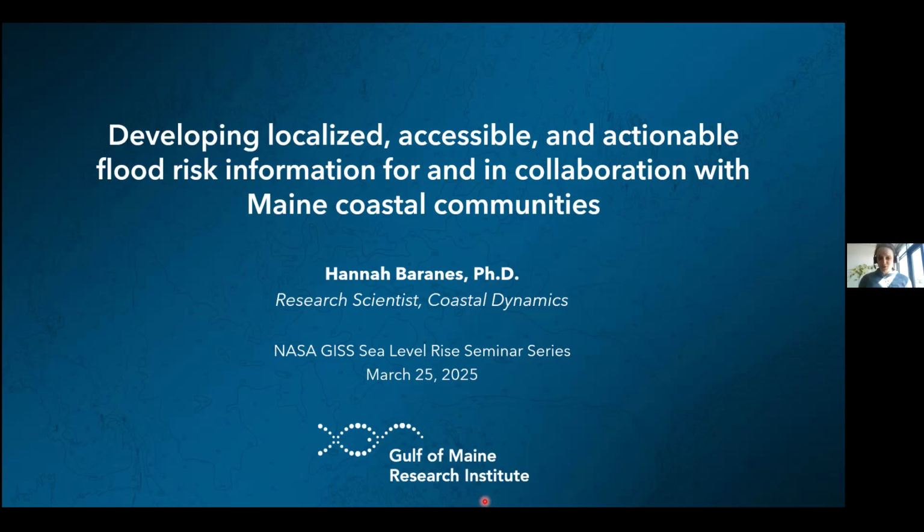This is work I've just been doing for a few years, and it's been a really interesting challenge because, as you all know, we're often working with information that's maybe uncertain, not spatially continuous, and constantly evolving as science progresses. Yet we need to apply it to make really concrete and specific decisions.